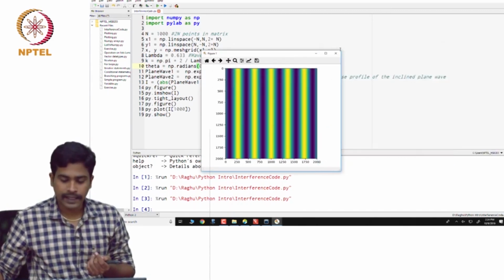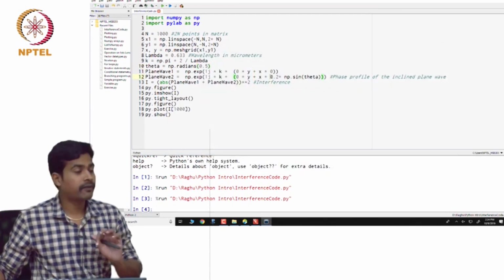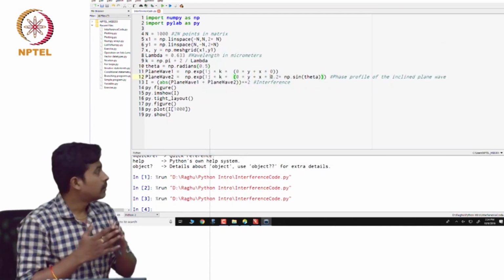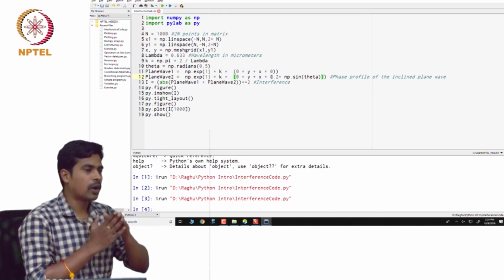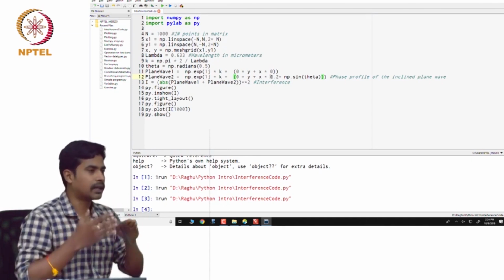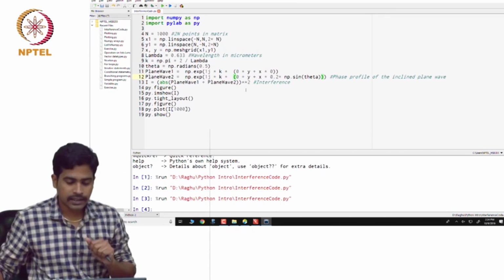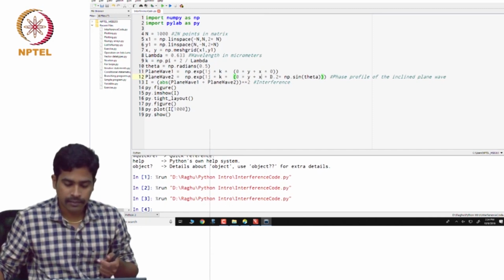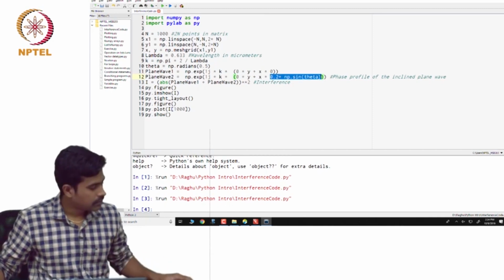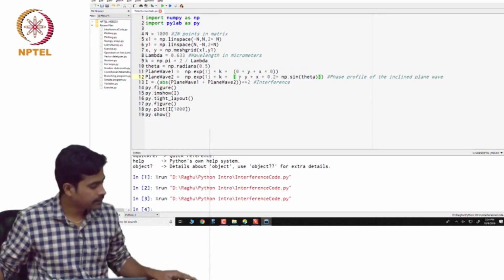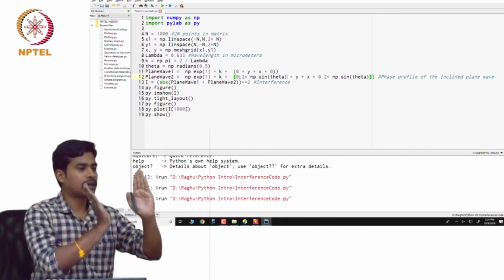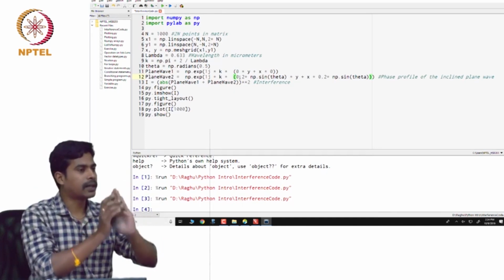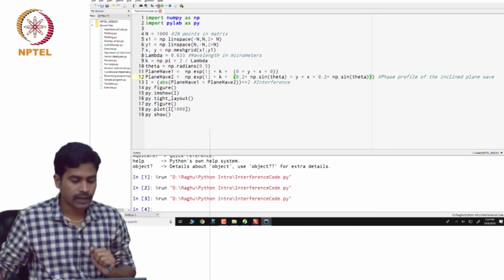Okay. And the second thing I said was, what happens if we give a path difference that is a function of both x and y, which means the plane waves are no longer in the xy plane. The second wave is coming from some other arbitrary direction. Actually this should have been y, but anyway we will just use the same path difference term for the y variation. So, now plane wave 1 is coming like that, and the second plane wave, instead of going in this plane, is coming from some oblique plane. If we run this program now,